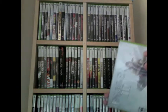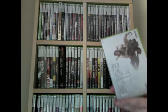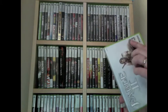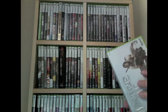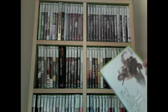So like I say, that's the game. It's in the official case. This is kind of the official cover, but there's a slipcase over the top of it, which makes it look like a proper 360 game, you know, with the Xbox at the top and all that kind of stuff. So this kind of, for me, cheapens the collection a little bit, much like Platinum Hits, and I just felt